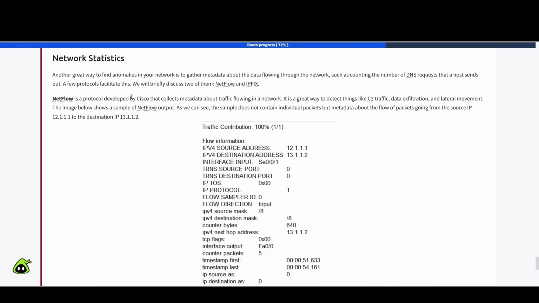NetFlow is a protocol developed by Cisco that collects metadata about traffic flowing in a network. It is a great way to detect things like C2 traffic, data exfiltration, and lateral movement. The image below shows a simple NetFlow output. As we can see, the sample does not contain individual packets, but metadata about the flow of packets going from the source IP 12.1.1.1 to destination IP